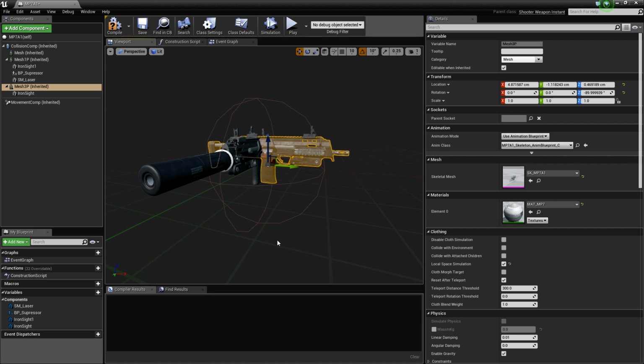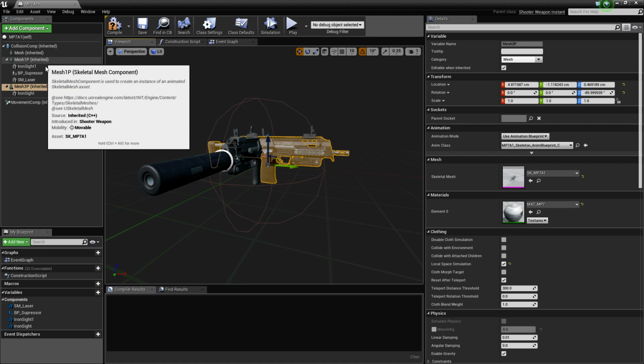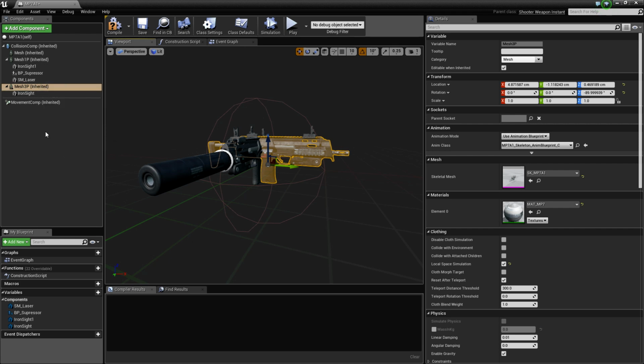So the starting point is simply populating the component, and you see it display in third-person views, or in our viewport here. It looks like we have two identical versions of the same model, but in actuality they're designed for two different pathways: one for Mesh 1 and one for Mesh 3, also known as the first-person and third-person perspective models. These are just passed on to that particular asset within the shooter weapon instance. I can't show you how that's done because it is C++ code, and